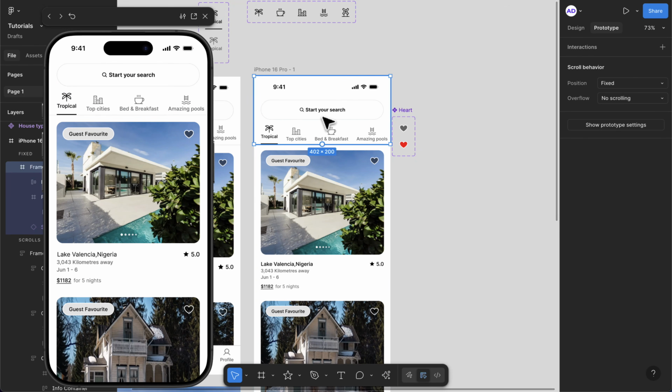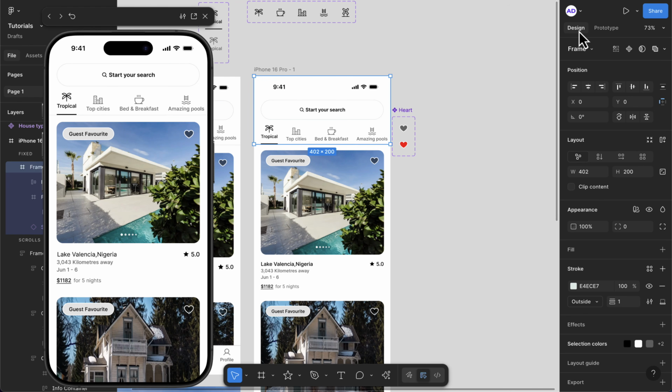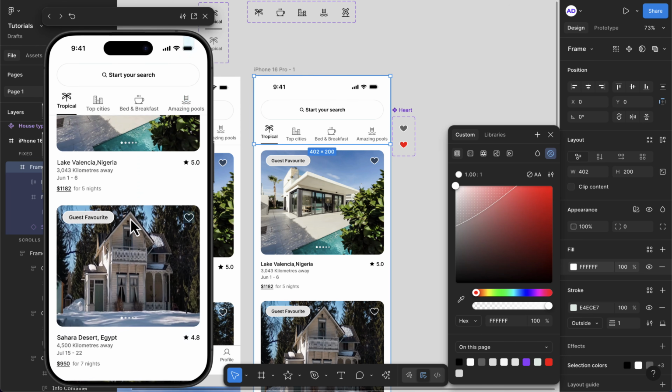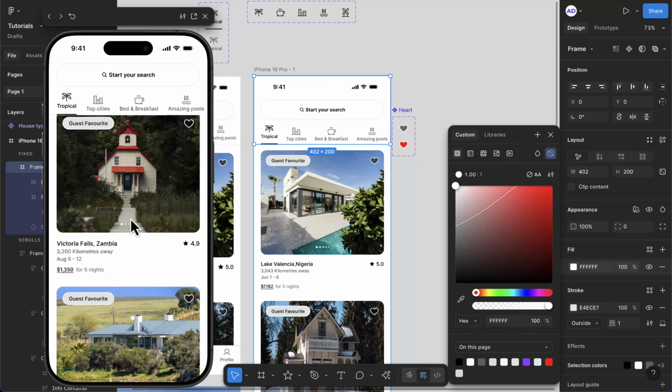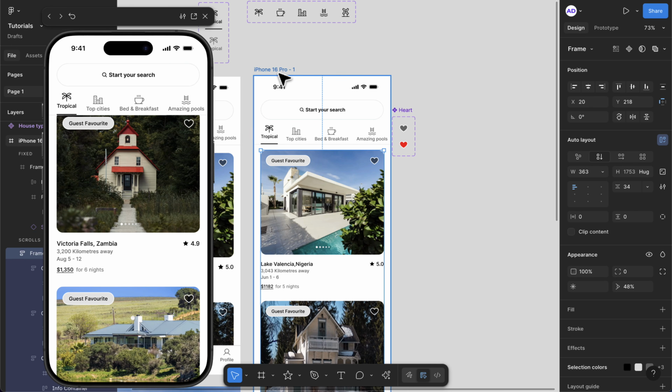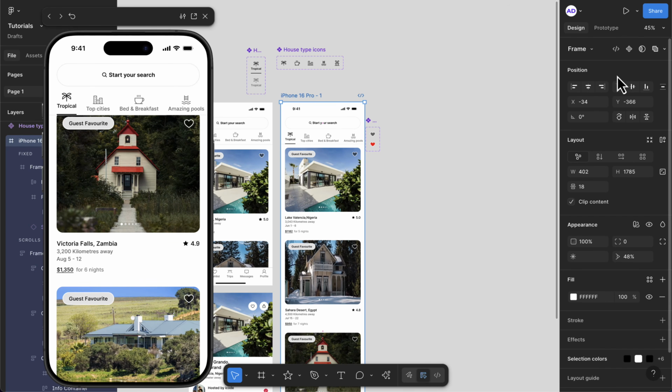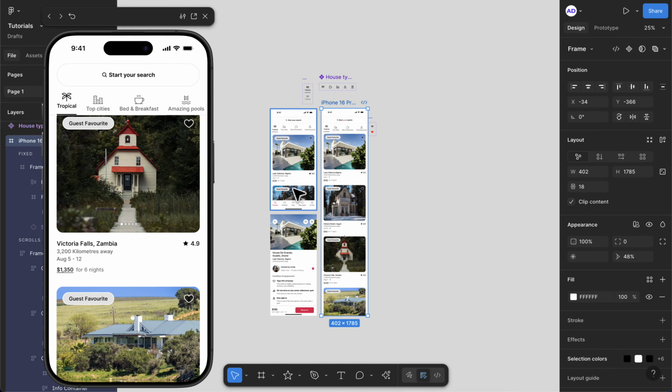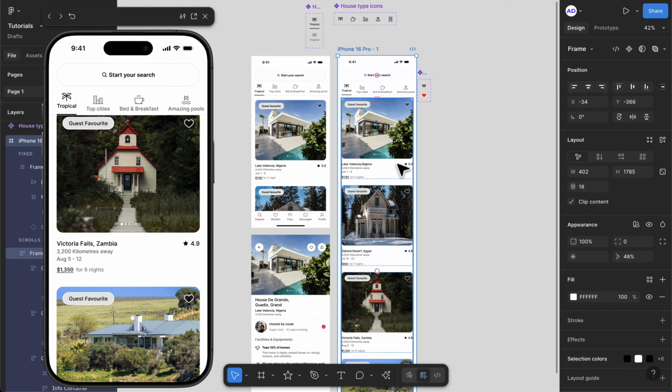So now this particular group, I'll go back to design and make sure that it is filled. Once this is filled, I come back in here. You see, I can scroll with this. So now make sure you do this. We're going to select this item and let's adjust the size of this to fit into this here. So the whole frame, let's come back here,